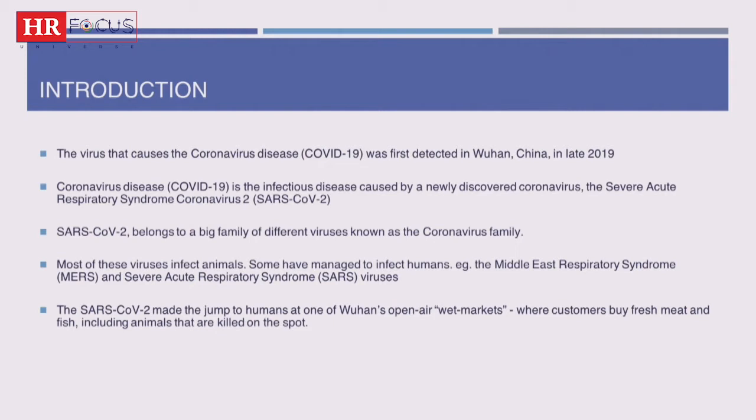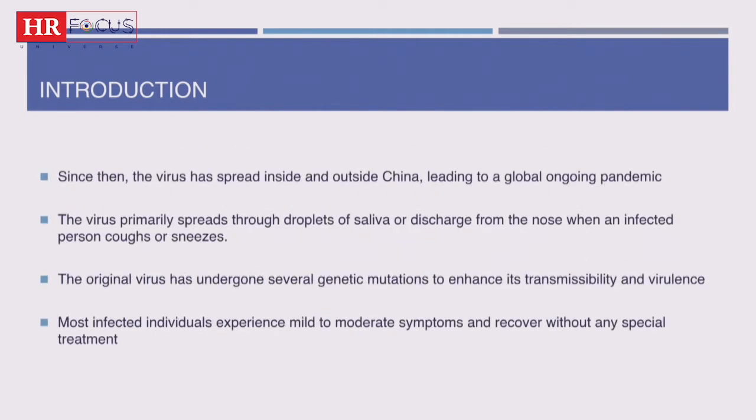And as I said earlier on, it was first discovered in Wuhan in an open air wet market where fresh meat and fish was sold. And animals were actually killed on the spot. Okay, so it's been postulated that it's likely that this virus actually migrated from bats and in some situations probably from pangolin. We know that the virus has spread within China, spread to different provinces, and then spread to other countries and has now crossed continents. So it's now a global pandemic.